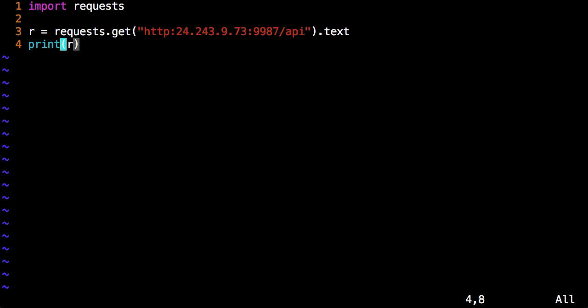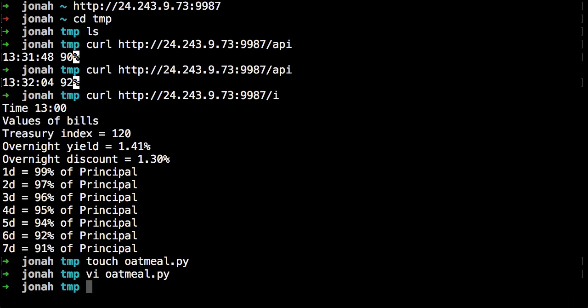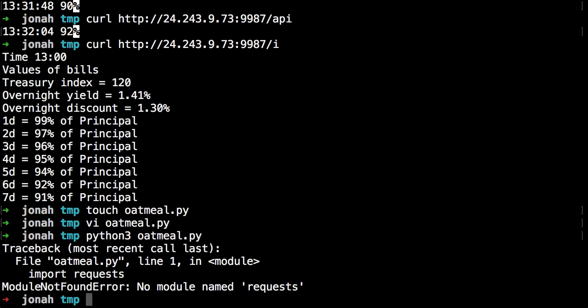So what this program should do is very similar to doing the same thing with curl, but this program should fetch the